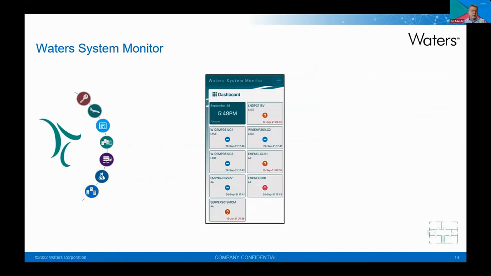Finally, there is the system monitor provided. From here, you can see the status of the lasers and have a little indication of what is ongoing on a laser, if they are just idle or if they have a challenge right now. And you also see something just mentioned here, like AA. So for archiving Empower data or archiving other instrument data, you will be able to see what the status of the capturing agent is. And then you can take action and say, okay, let's have a look what's going wrong there at a specific